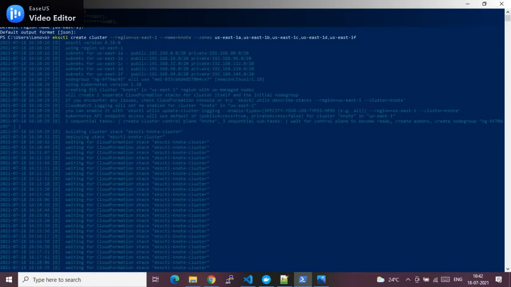So that's where I have set my context by running the command aws configure. When you run the command, it will ask you for the access key, secret key, the default region, and the output format. That's what I have given, and I have set my context, nothing but my AWS account context.